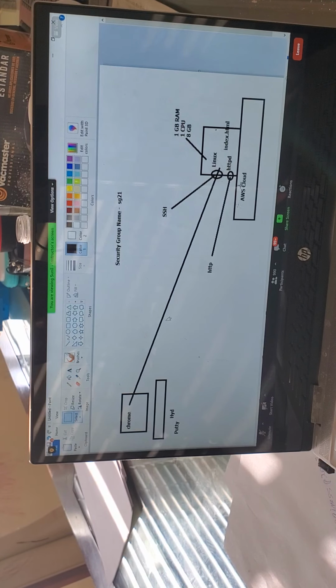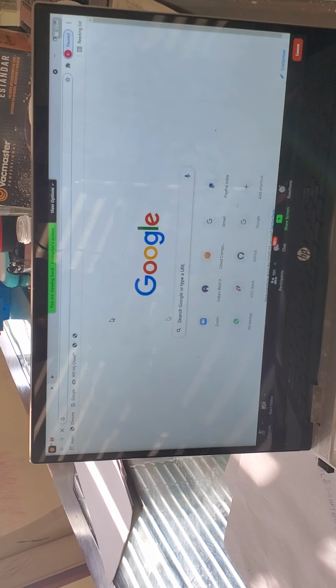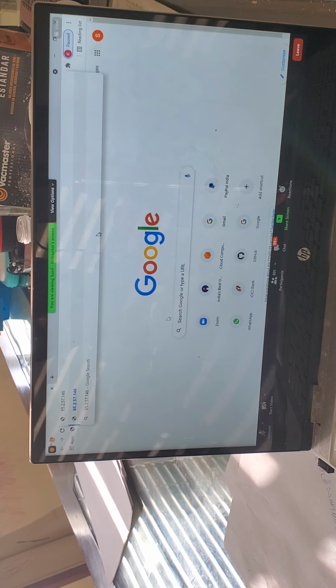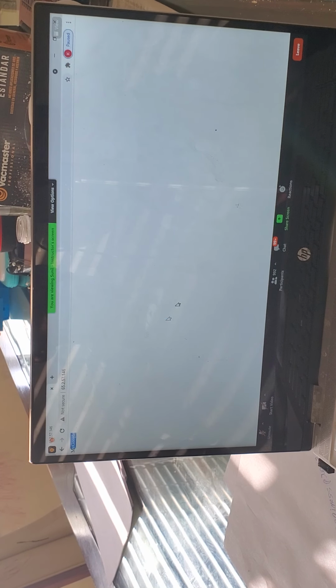Now in this particular security group, I have opened the second port, that is the HTTP port. Now take the public IP, and send the request to that particular Linux machine which is somewhere in Mumbai. Look at the response. Are you getting the web page? This is a web server. It could be as beautiful as ICICIbank.com or as simple as my Google, but the concept is web server. A web server is nothing but a machine which is running 24/7, which will take the request. In response, you get the web page.